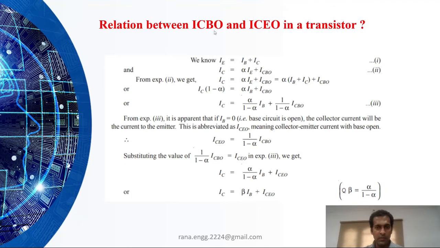Now let us have the mathematical relation between ICBO and ICEO. So collector current when base is open, collector current when emitter is open. The basic relation: the emitter current will be divided. The emitter current will pass on to the base and collector. So what will be the emitter current? It will be the total of IB plus IC, because the same current IE is getting divided between IB and IC. So this one we have to remember, the basic relation, IE is equal to IB plus IC.